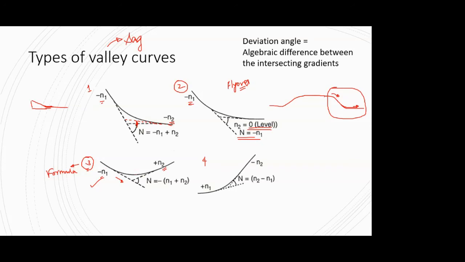Because if you see the worst case scenario amongst all these, you'll come to know how come it's the worst case scenario once we discuss what are the parameters, or what are the considerations for the design of your valley curve. Okay, so just remember that this case number 3, we are going to adopt for the derivation of all the formulas. Okay, and case number 4, or type number 4, we have a mild up gradient of plus n1 followed by a steep up gradient of again plus n1, it should be.